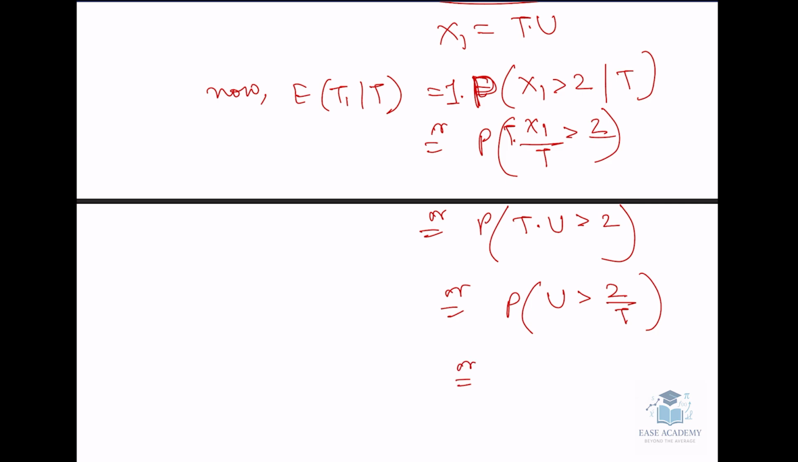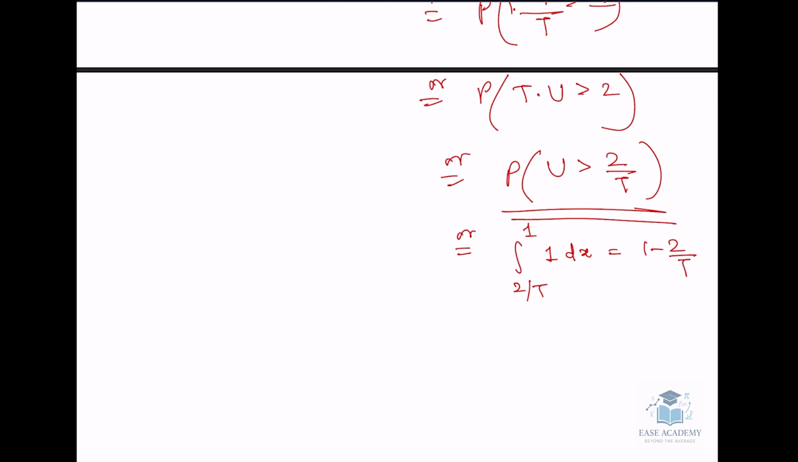What is the probability of this? This is nothing but 2 by t to 1, since U is uniform (0,1). This is the integral of 1 dx, that is 1 minus 2 by t. Now if we take